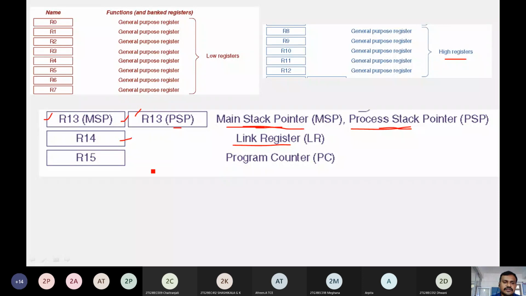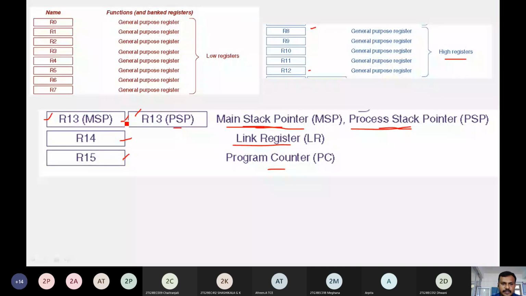Then there is another register, R15, which is known as the program counter, PC. So the registers which are named in the R series: R0 to R7 are low registers under the category of general purpose registers, and R8 to R12 are general purpose registers which are considered as high registers.